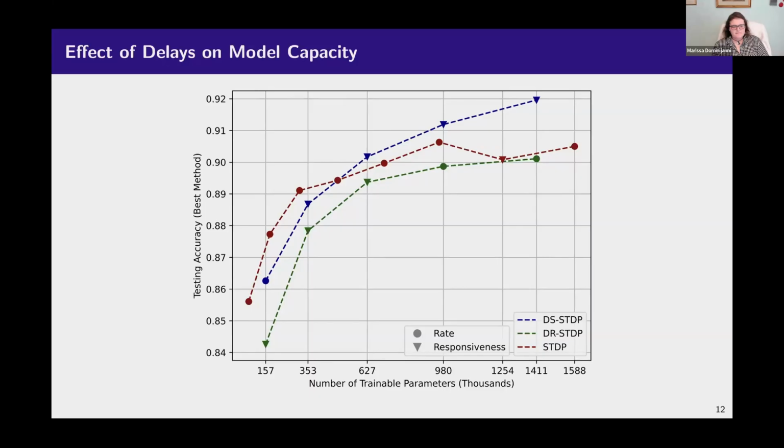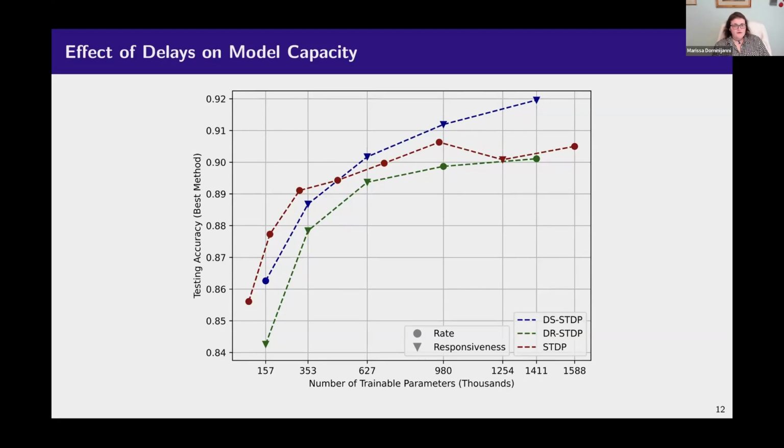I don't remember the authors off the top of my head, I'm sorry. But it was found that using a model with randomly initialized weights and trainable delays had roughly the same capacity as one with just trainable weights.